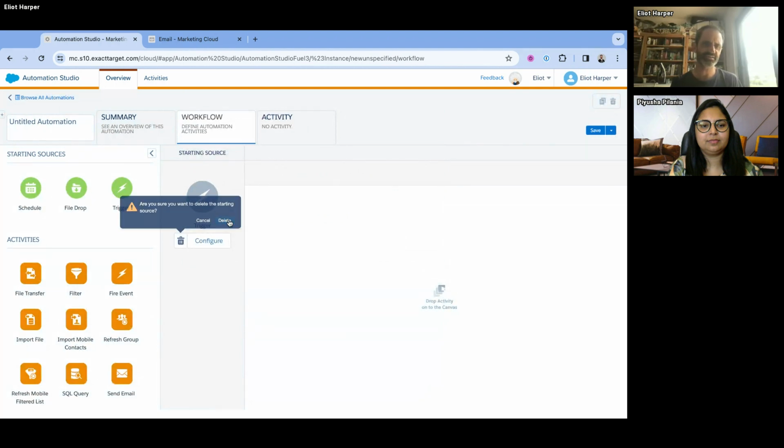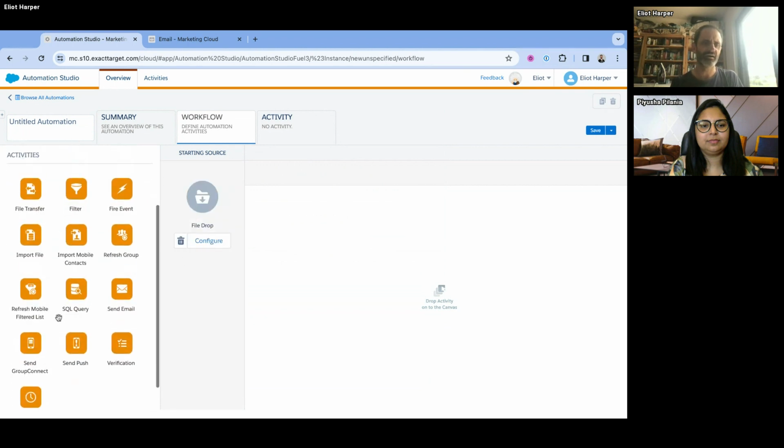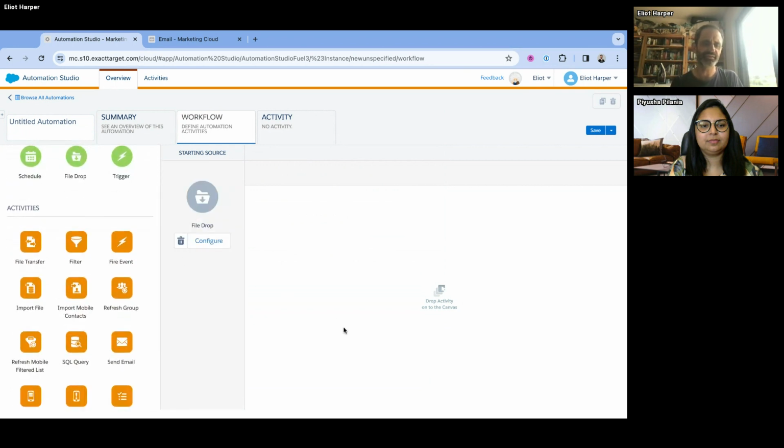So in fact, in this case, we're going to actually start with a file drop. And then the idea is that you drag and drop these activities onto the canvas on our right-hand side. And kind of as I do, it forms these swim lanes. So you see,